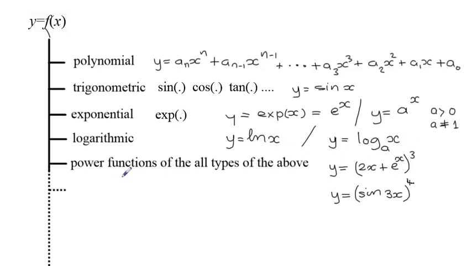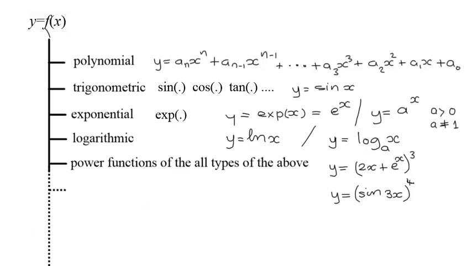And in addition, you can create more functions by, for example, taking powers of all these types of functions, or different combinations of these types of functions. So we get more functions this way, and we end up basically with infinite functions. It could be a power of a trigonometric function or a power of an expression like this. That's it. So now we move forward to explain exactly what goes on when we're differentiating these types of functions,